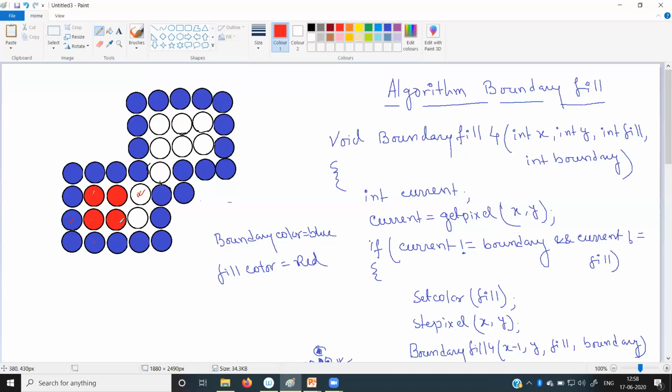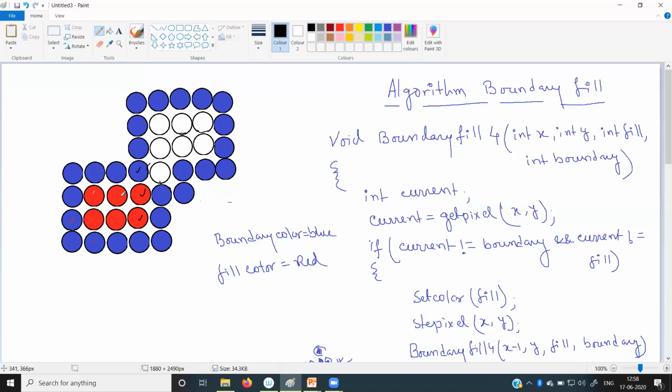And similarly this pixel will be called by this one, and this will also be filled. So in this way, this pixel will be filled by the red color, and this pixel will also be filled by the red color. Fine. Now after doing so, both the pixels, this one and this one, will call the boundary fill function for all its 4 nearest neighbors. And who are the 4 nearest neighbors?